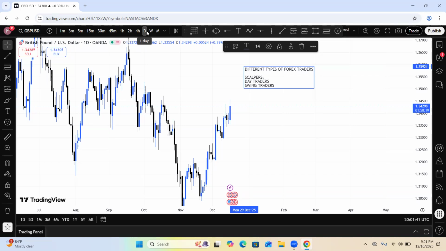Then we have the position traders. Now these people, them get money pass. They can hold one trade. There are some people, as I'm talking to you now, that have been holding one position on a particular pair since January. They hold trade for months. Not me now, as I am, I've held trades for 2-3 days. I've even held a trade for a week before. I've held trade over the weekend.